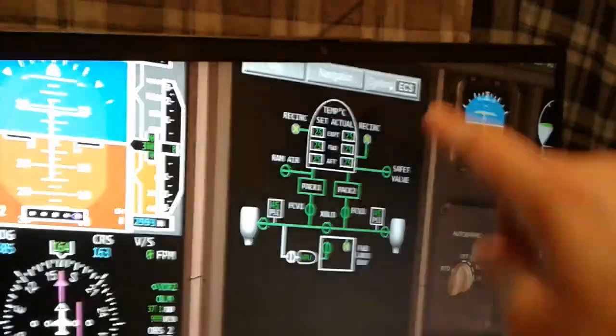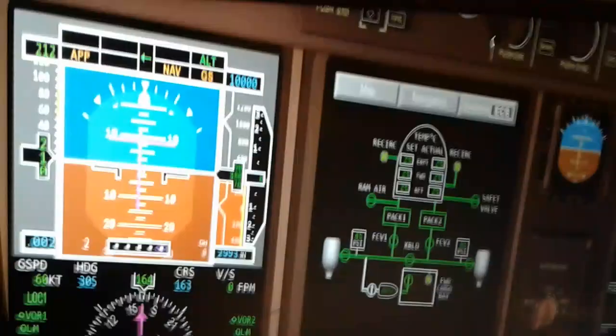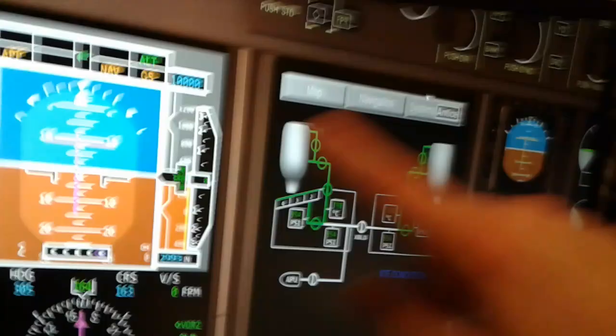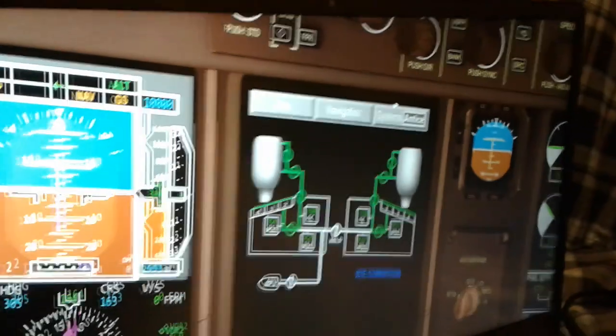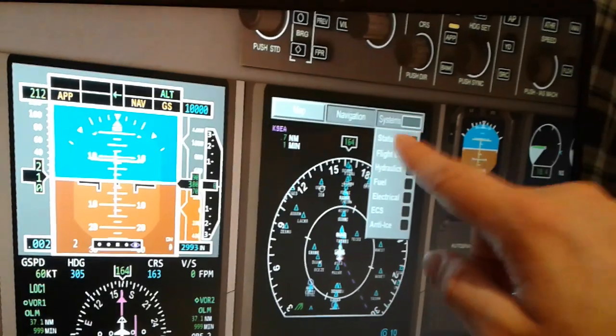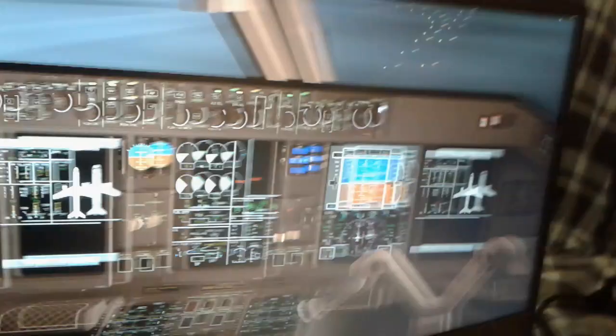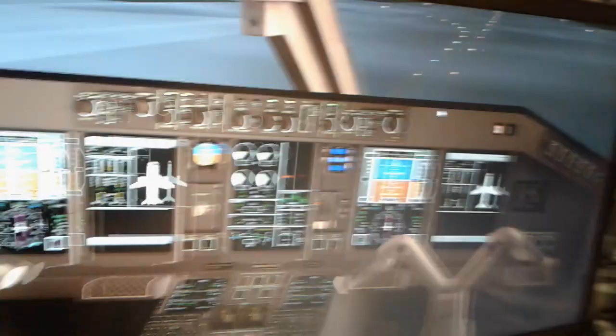ECS cooling, air conditioning, anti-ice, wing and engine anti-ice over here. So you see the status. We need also